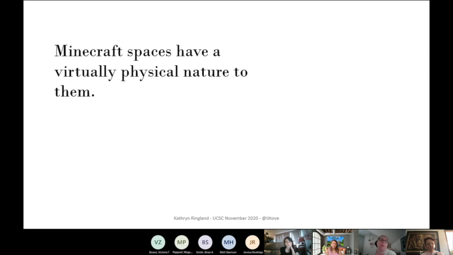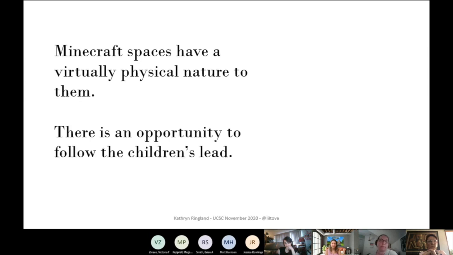And so my two big takeaways for this little talk are that Minecraft spaces have a very physical, albeit virtual, but physical nature to them. You are in a world, you are there, and it has a very physical nature. And that there's an opportunity here to follow the children's leads and empower the children to be a part of the community. So the bigger takeaway that stems from these two things is this